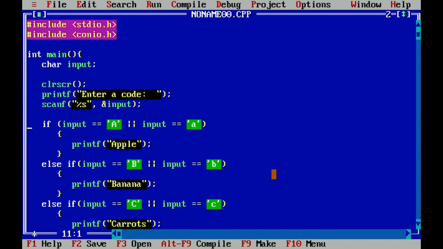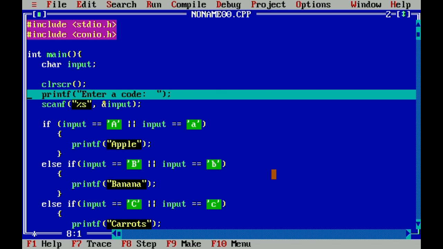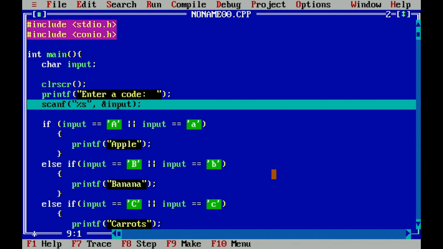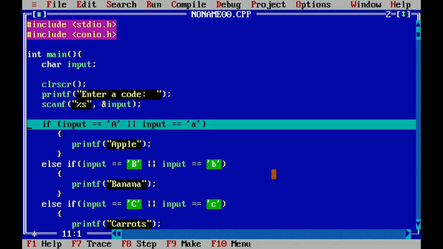So if you want to see how the computer reads our if-else statements, it would look like this. Again, it clears the screen, prints this one, accepts an input, let us say C, then C was entered and stored in input.